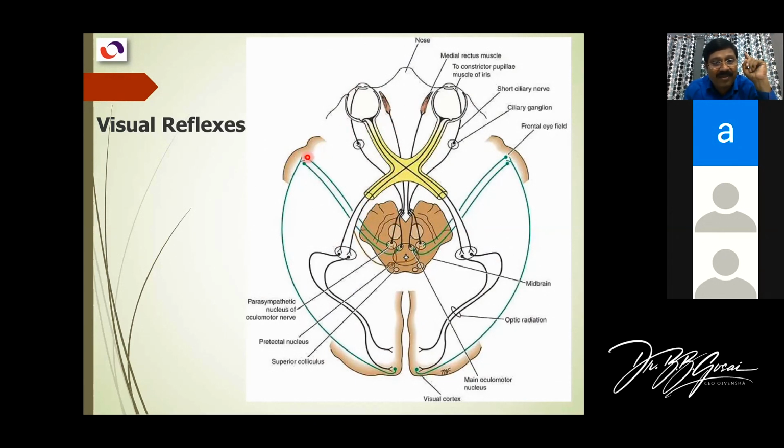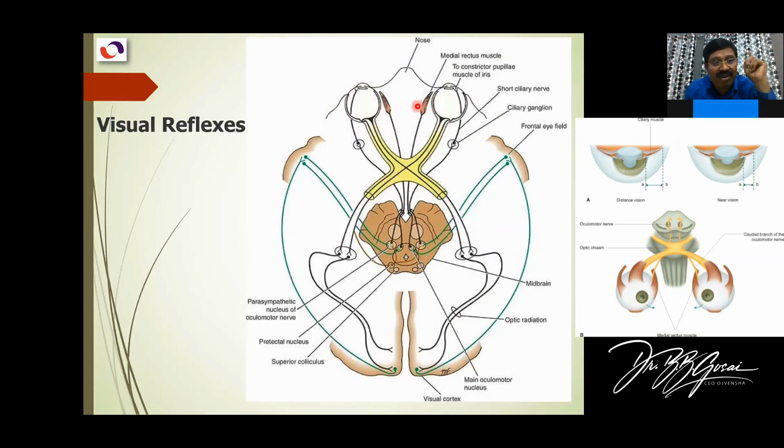The frontal eye field controls the medial recti for the convergence reflex. So accommodation is convergence of the eyeball. The fibers from both sides will go to the oculomotor nerve, and the oculomotor goes to the medial rectus. But these are specific fibers coming from the frontal eye field, and they are just making the eyeball converge. Otherwise, if you move this eye medially, the other eye will move laterally. Try to do it. If you do this, it will move like this.